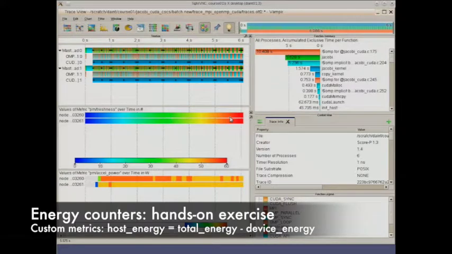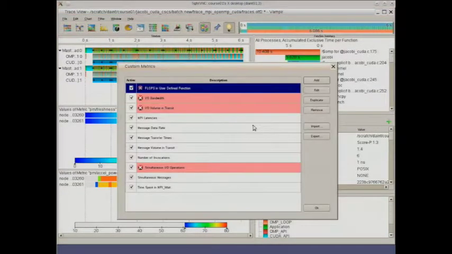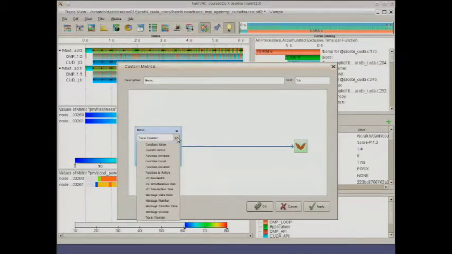And maybe if you can right click in one of the counter displays once more, there's this customize metrics option. You go there, and here you see all the metrics that are available so far. And if you click at add on the top right corner here, you can click together your own metrics. So for example, here you start by choosing a metric from the group of trace counters.